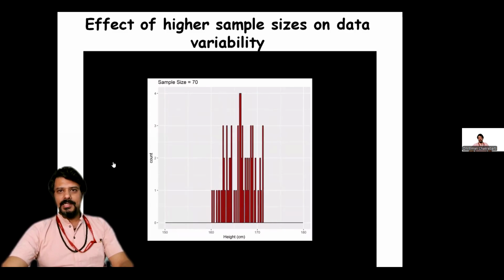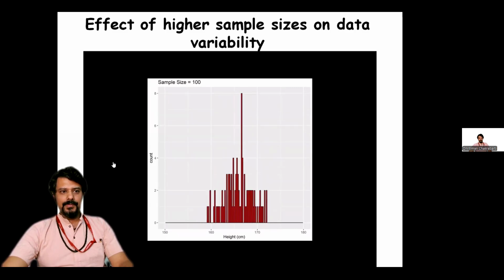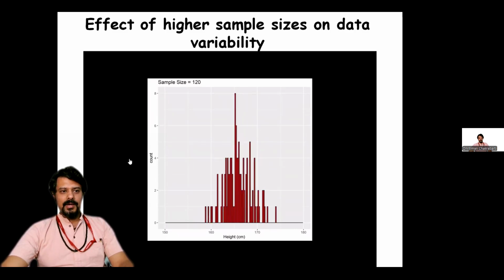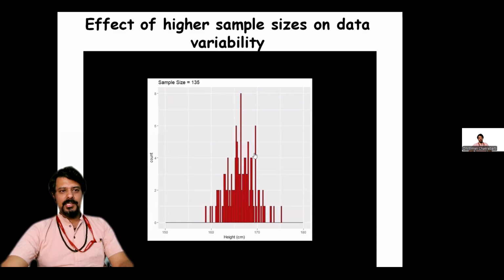We're still at 70, and it still doesn't look like it. At 100, it starts to look like a normal distribution, and after this the approximate shape stays retained. That is why I suggest that you always go for a little larger sample size, at least up to 100. But again, the actual number of samples that you want will depend on